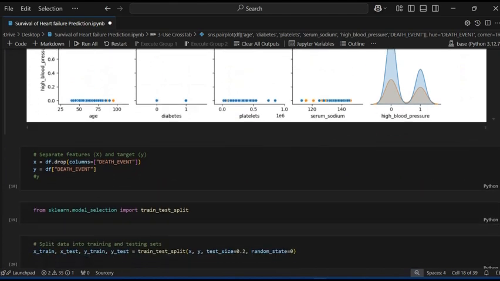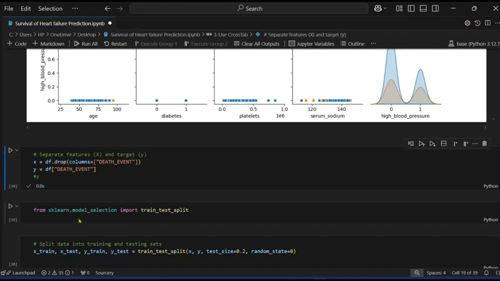The next step is to separate the features into x and y. For x I am using df.drop with the column name death event, and for y I pass the death event. It's working. Now for training and testing, using the train and test module, from sklearn import train_test_split.